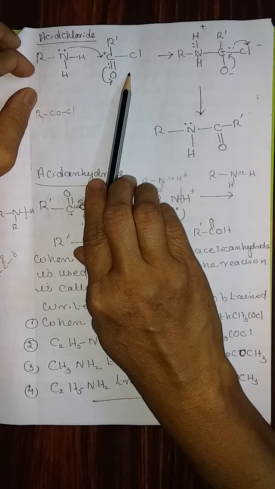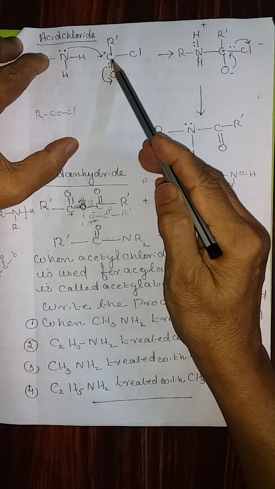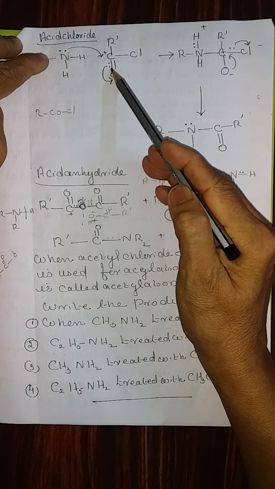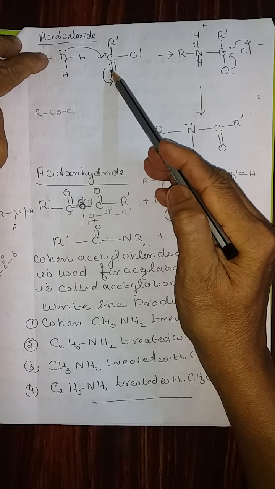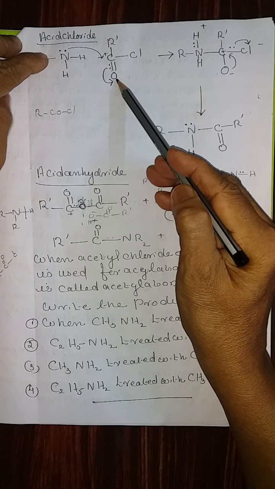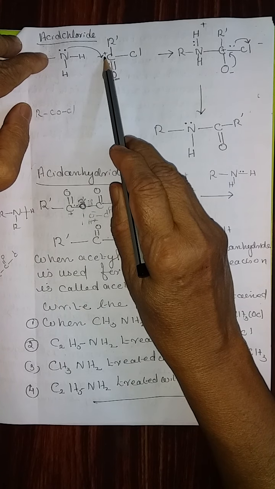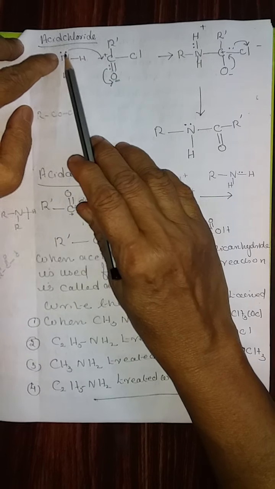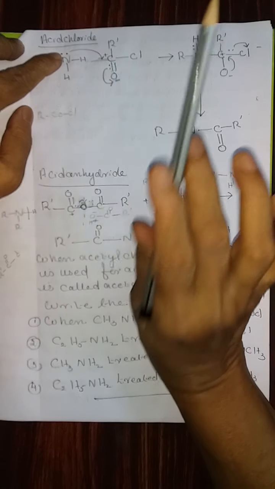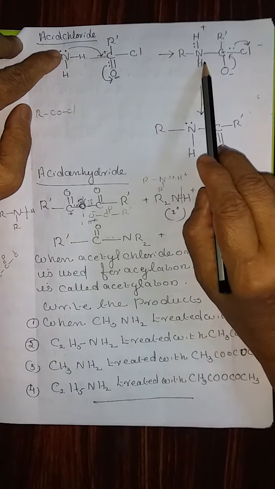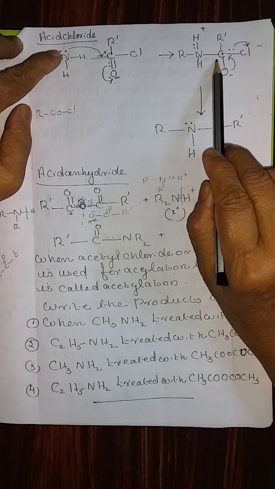That is the point. Therefore, how is that bond obtained? Here there is a keto group, in which one of the double bond's 2 electrons are given to oxygen. Therefore, oxygen gets a minus charge and carbon gets a positive charge. Therefore, this lone pair is used for the bond formation with this carbon, step 1. That is shown here. Nitrogen, the lone pair is used for the bond formation.